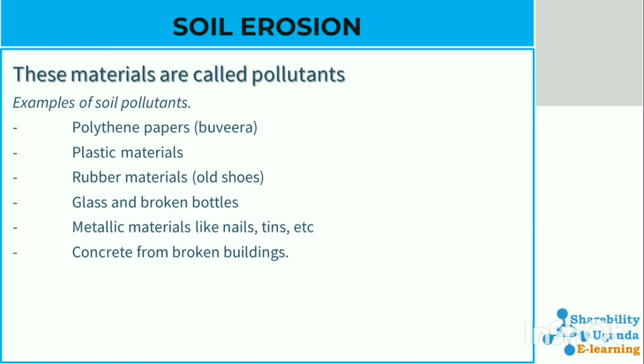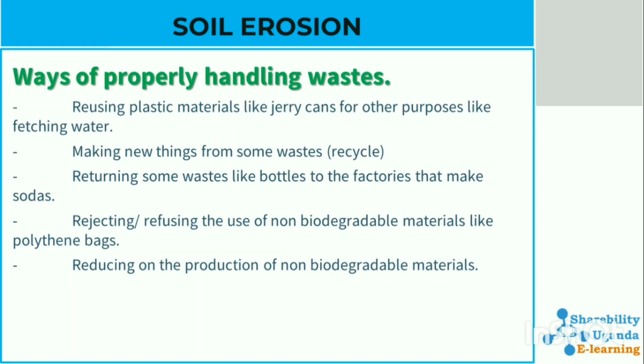concrete from broken buildings. Ways of properly handling wastes. How can we handle waste so that we do not endanger our environment? By reusing plastic materials like jerry cans for other purposes like fetching water, making new things from some wastes, or recycling, returning some wastes like bottles to the factories that make sodas, rejecting or refusing the use of non-biodegradable materials like polythene bags, reducing on the production of